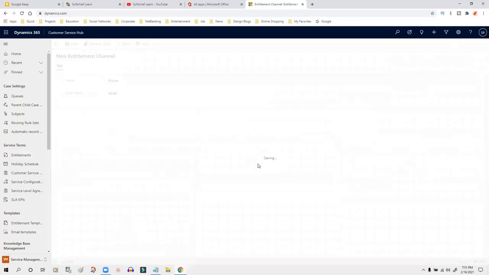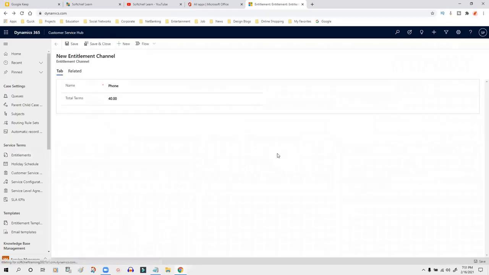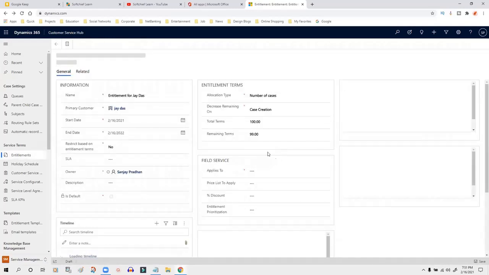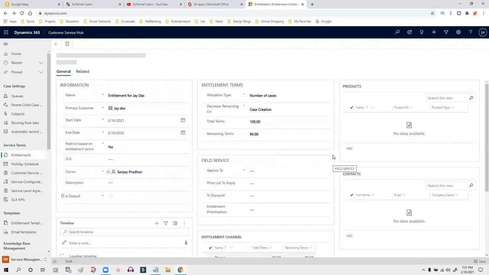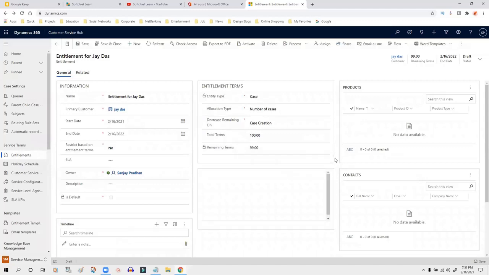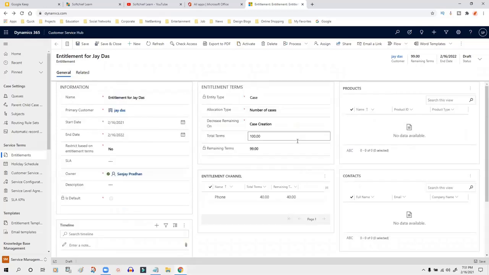That means out of 100, you can expect only 40 phone calls for this customer. So this kind of configuration you can do. This is for internal. So how is it counted? It is counted whenever an activity is created for this customer. That will decrease this remaining term.